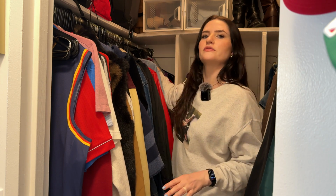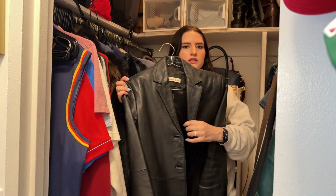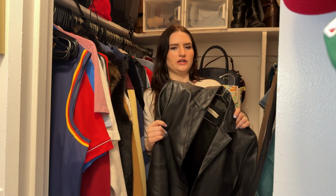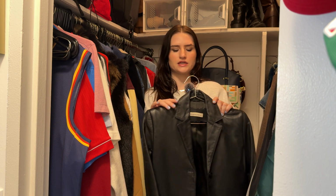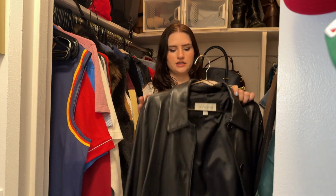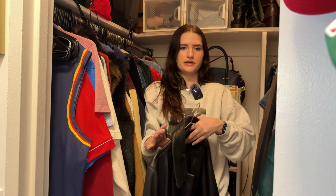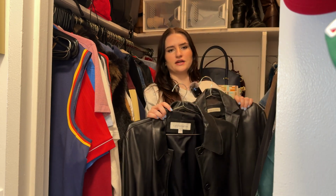So I thrifted this one a few years ago, and it's a leather blazer, like a true blazer. And I like it. It's a little tighter fitting, but I've gotten a lot of use out of it. I've styled it a lot of different ways. Around the same time, I thrifted this one, and this one's more of an oversized. I mean, it's a few sizes too big. It had shoulder pads in it that I ripped out. It's long enough it can be a dress on me. So between the two of them, I felt like I was covered with a really big leather jacket and then a really tight